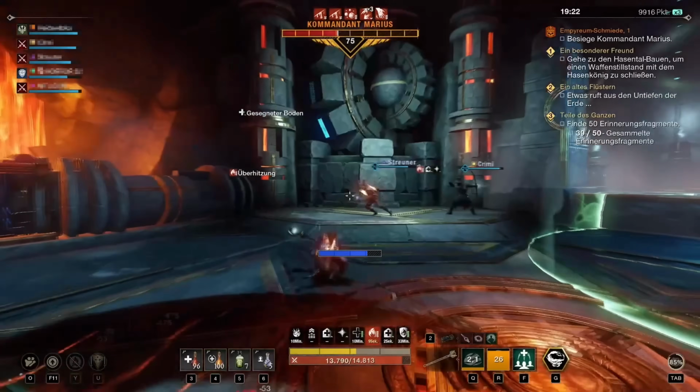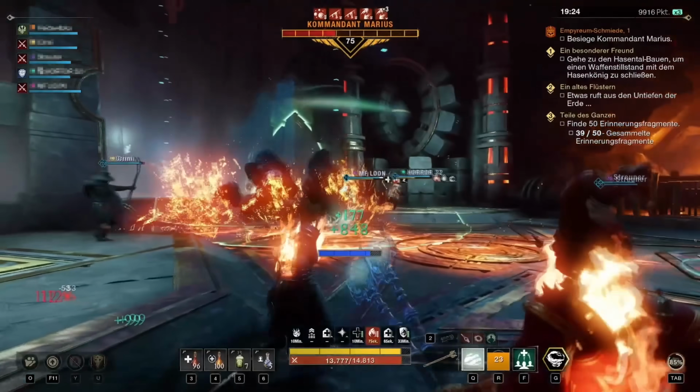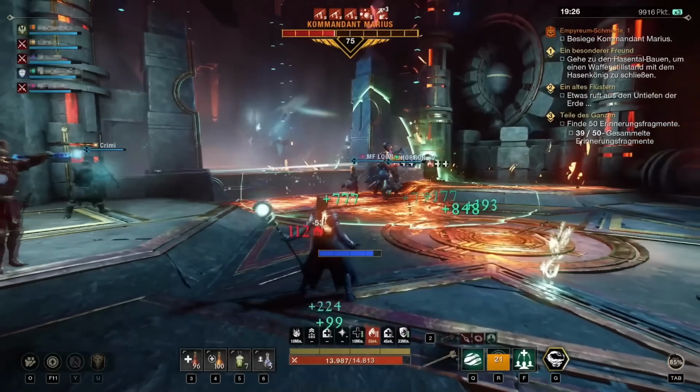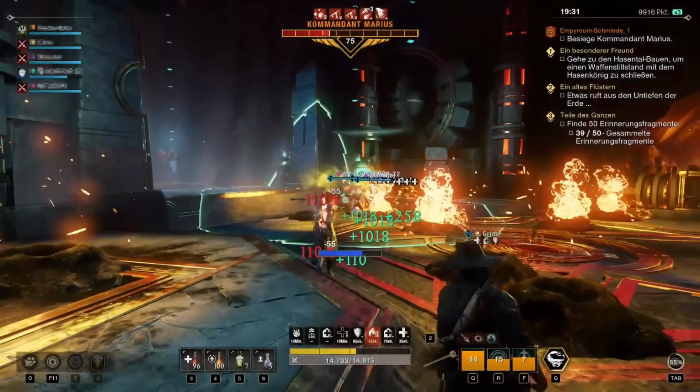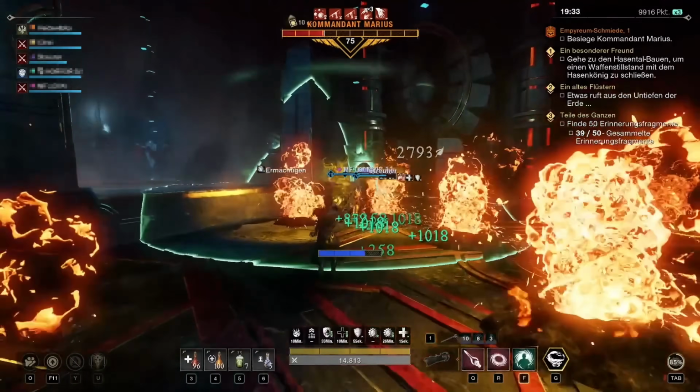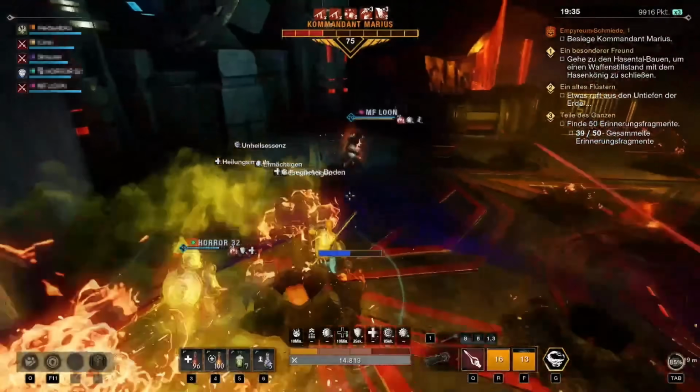And finally, let's take a look at the gameplay rotation. We open every fight with Oblivion under your melee stack. This gives us immediate empower and starts the Weaken debuff. Then we follow that up with the Essence Rupture on the boss, so your DPS will self-heal through the burst